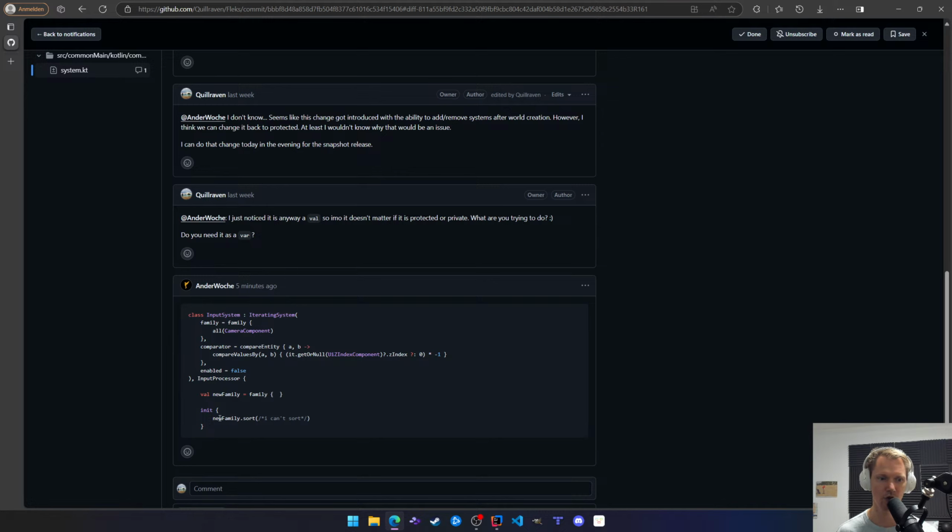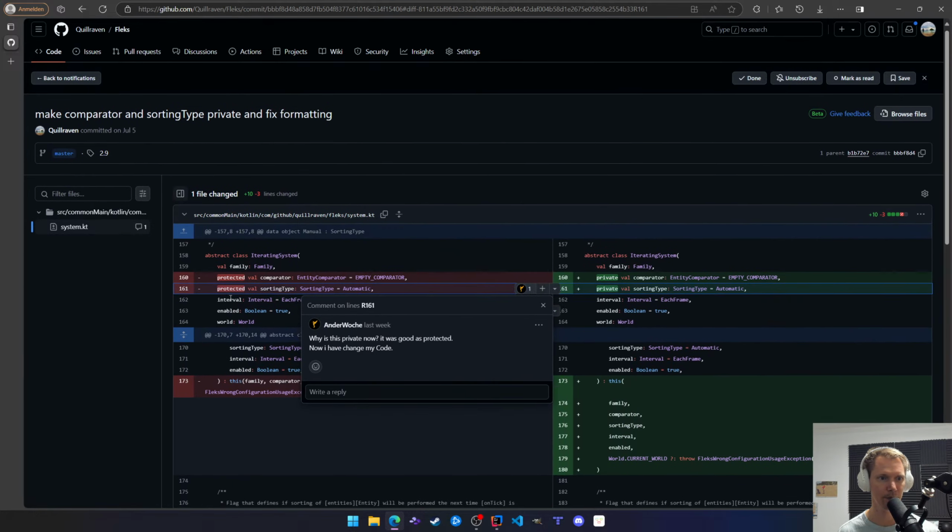In a constructor, you won't have that behavior because, as mentioned before, it could be that a system which gets created after your input system is creating some entities, and then at that time that you call here the sorting, the entities are of course not part yet of that family. And coming back to your initial problem here,